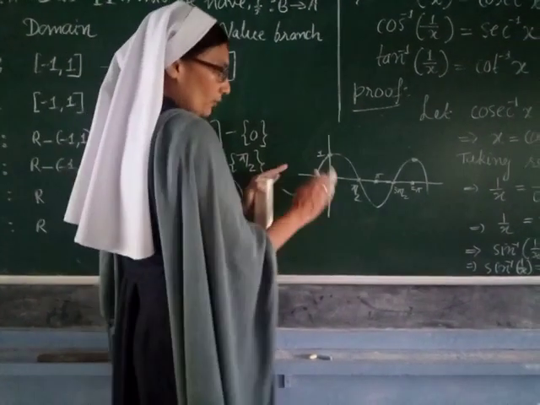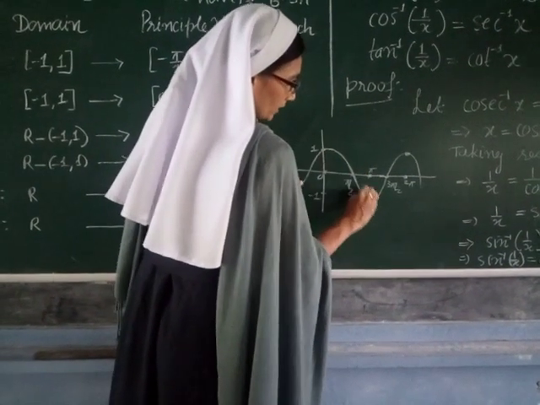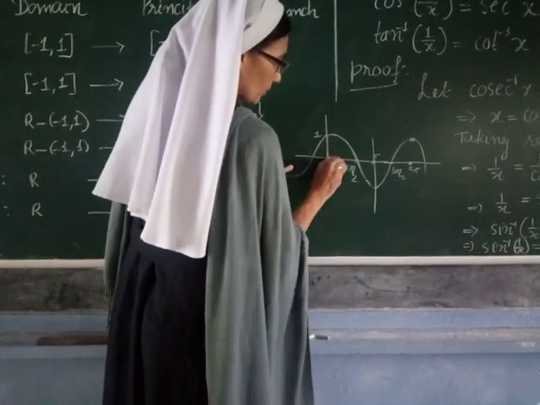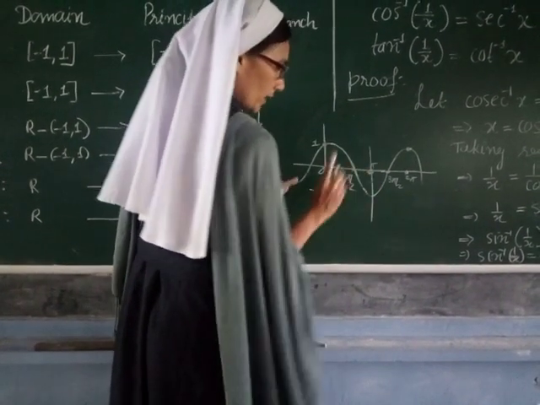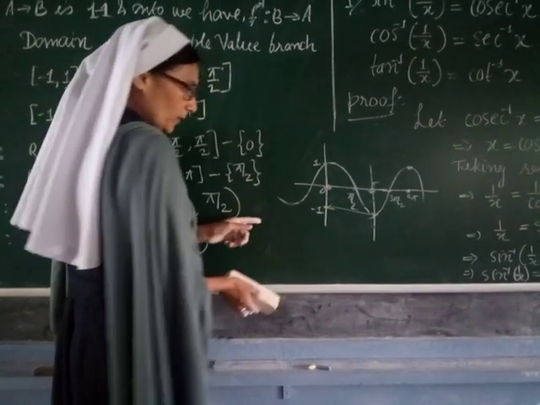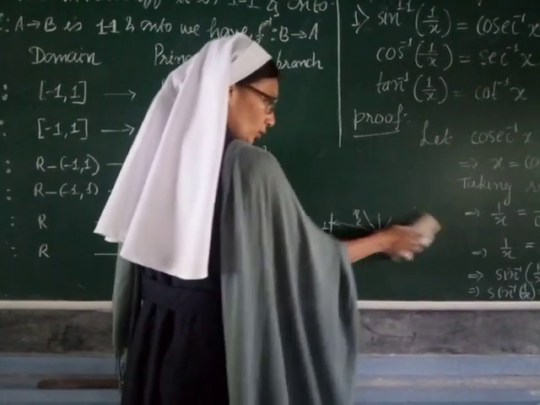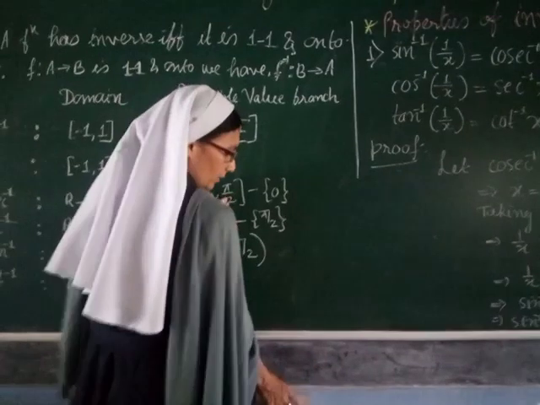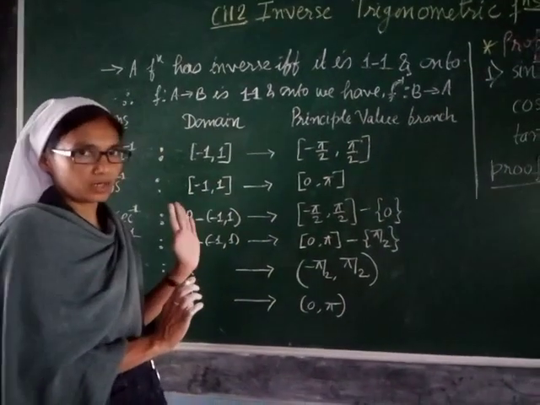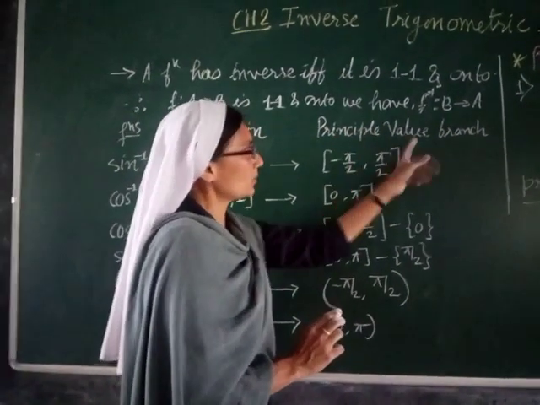So what do we have to do? We have to find some interval. So I take the interval from here to here. If I take the interval from 0 to pi, then one value will have only one association. So the sine, cos, tan, all these functions are actually not one-one and onto. So what we are going to do is divide them into some interval where it is always one-one and onto. That interval we call the principal value branch.